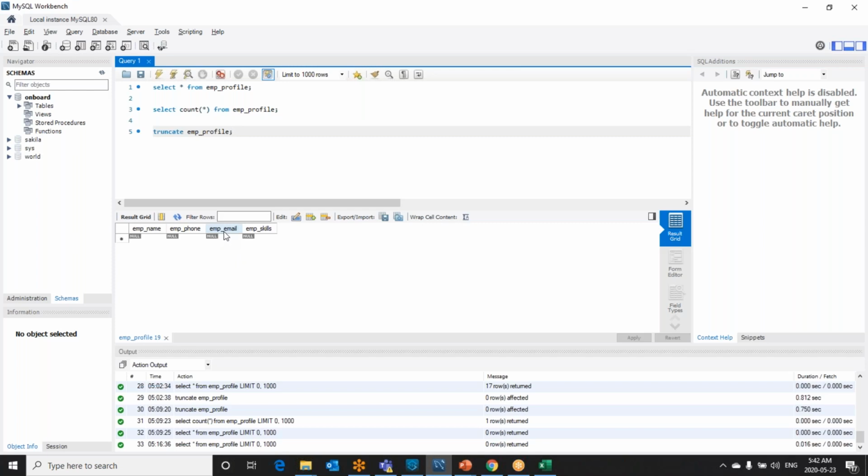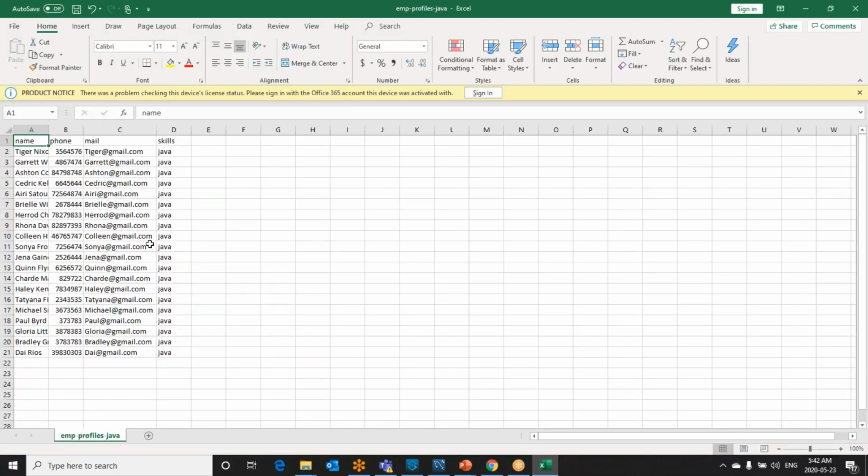So I put it as a unique field. If I am sending the same email for 2 records, then only 1 record will be inserted and the other record will not be allowed. We will get a unique constraint error. For the happy path scenario, I have not taken any duplicate email ID for the Java profile. Once we see the happy path scenario without errors, then I will show you with errors. So if the data is not coming as expected, then it will be errored out.